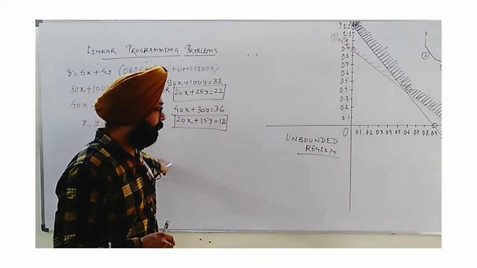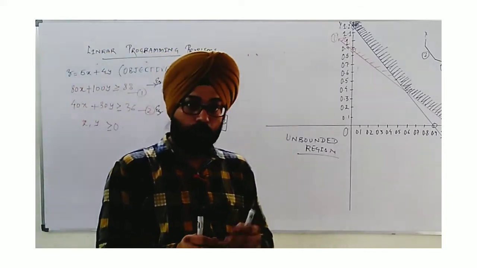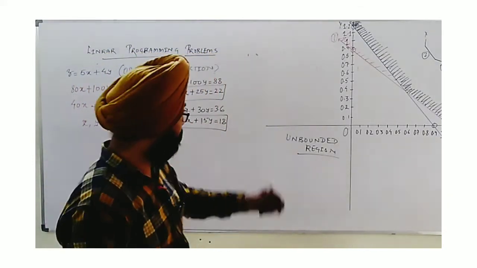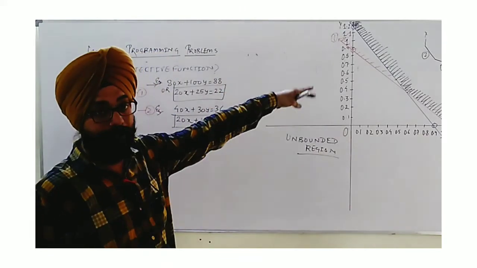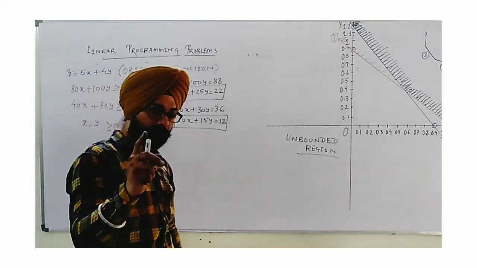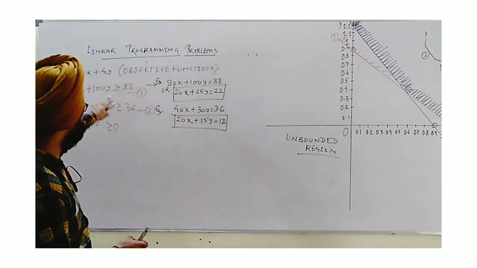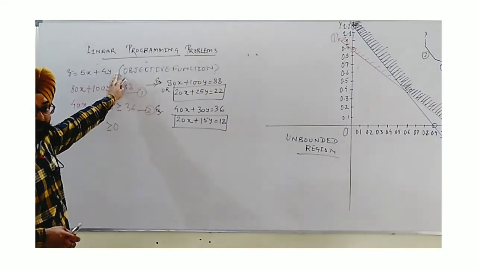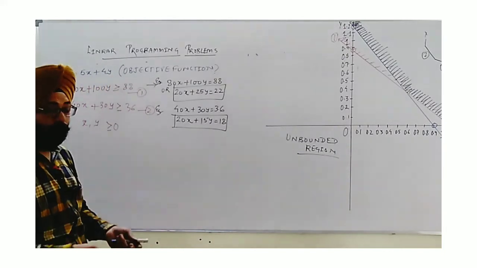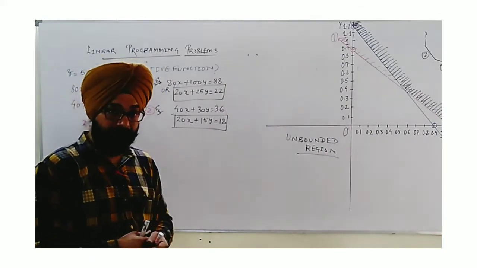This is one thing. But suppose in such a condition, if I ask what will be the maximum values of x and y which maximize the z, obviously there is no limit. So whenever an unbounded type of region is given, you will be asked to find the values which are minimizing the objective function. And you could see in this word problem, we have to minimize the cost. Yes, that's why we have to look for minimizing.